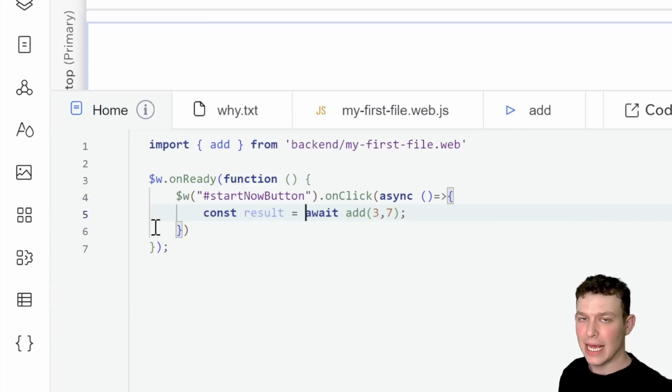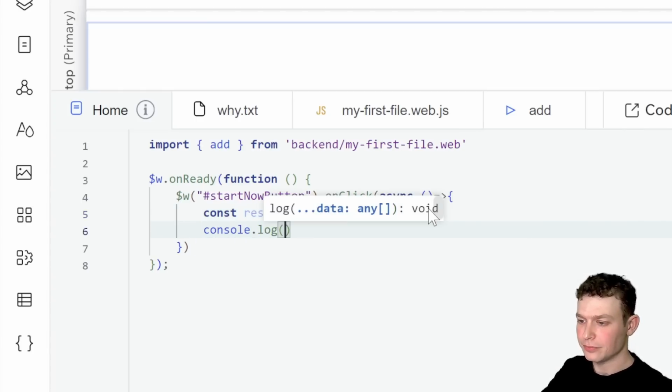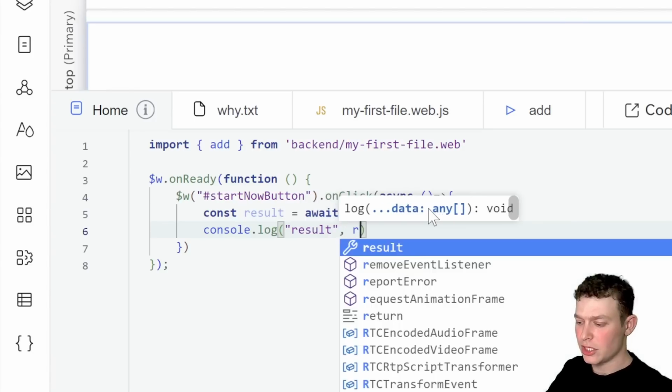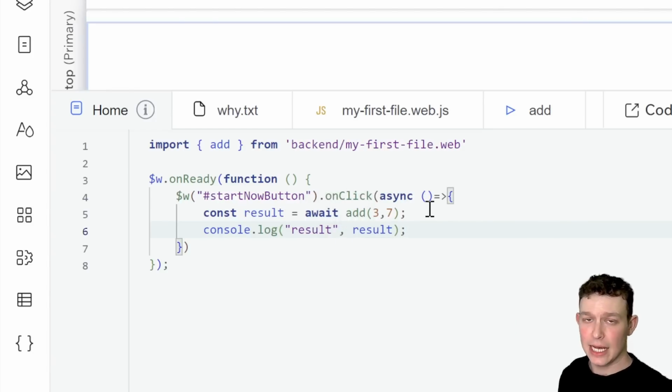And it can't just be used as a regular function, even though the web method that we built in the backend was not an asynchronous function to begin with. As soon as we import it to the front end, it becomes asynchronous because it is a client-server interaction. Behind the scenes, essentially what's happening here is our front end is making an HTTP request to our server, and I'm going to demonstrate that to you as well once we take a look at the live site. Once we get the result here, what I'll do is I'll just add in a console log with the log of result, just so that we can see that it's working and we can see the actual result here on